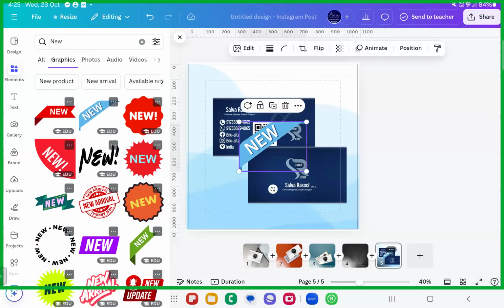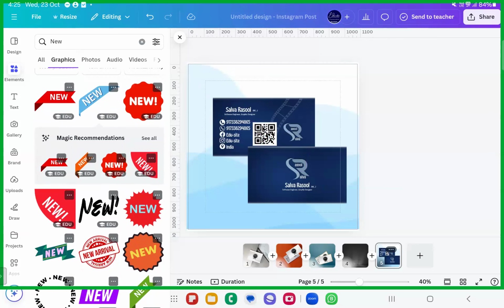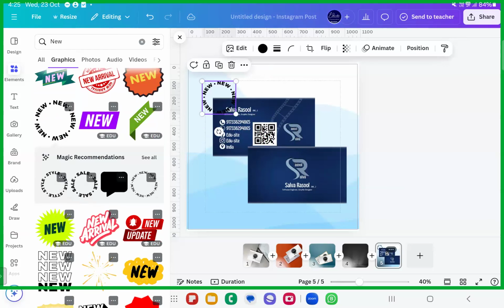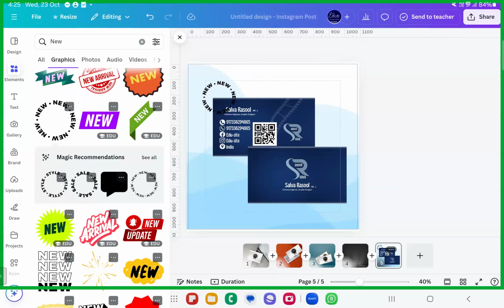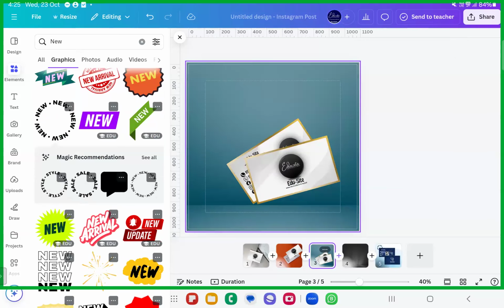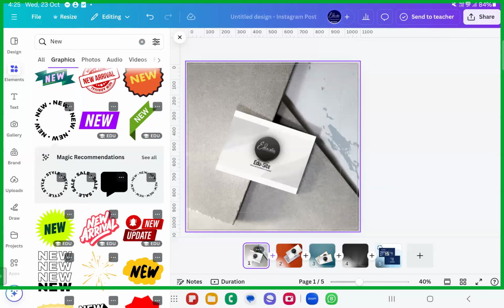Okay, something like this if you want to add a tag there, or if you want to add something like this one, you can even add these tags. Okay, something like this, you can put it up and send it to your clients. Fine. You have various ideas through which you can put it up and send it to your clients. Whichever background you want, you can grab it and send it. Let's see how you are going to send it as a homework for me, inshallah.